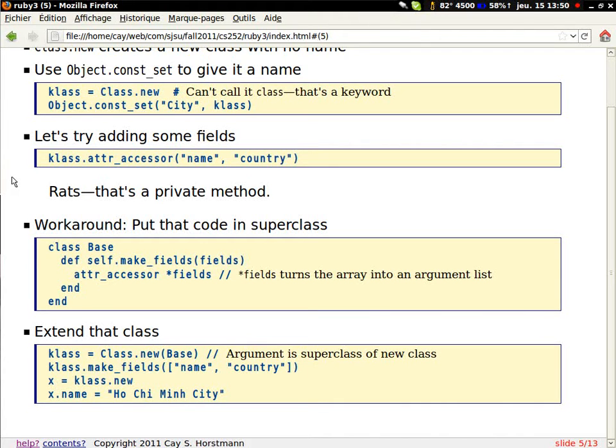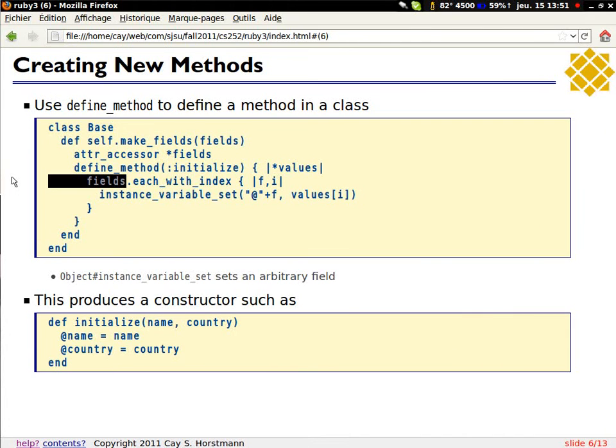But we're not adding any fields, right? Over here, we're not adding either in base nor here where we're making a new one. We're not supplying any new fields, but we are supplying instructions to endow every object with fields. So now you can see that this is a genuine field because I can assign something to it. Whereas if I now were to say x.foo equals Ho Chi Minh City, it wouldn't work. It would say I don't have a foo.